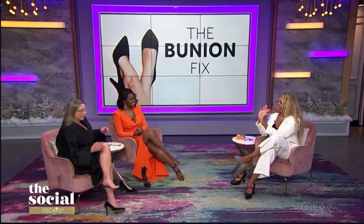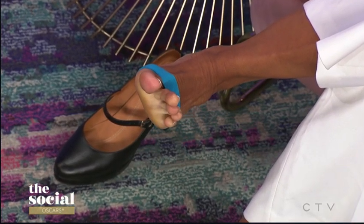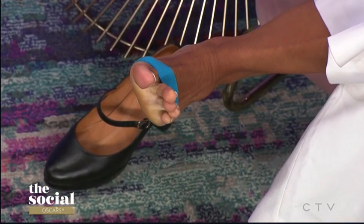So now you're going to show us some exercises that we can easily do while seated anywhere. I love this idea. And we're going to start with foot flexes. Show us how. With the foot flexes, what you're doing is you're pointing your toes as much as you can, and then you're bringing your toes up as much as you can. You guys do it with us. Take off your shoes and be very...